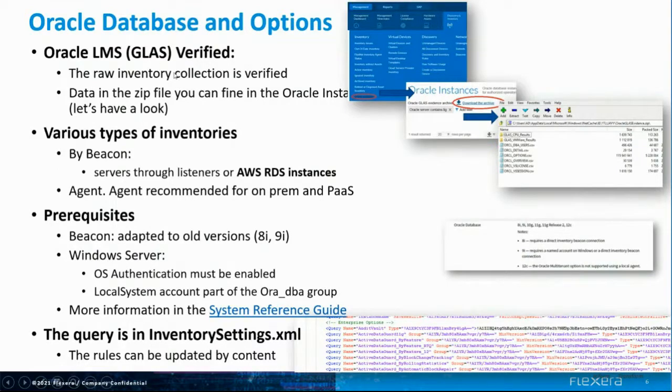And just to set expectations and understanding here, being LMS or Glass verified means that the raw inventory collection is verified by Oracle. Basically, they have provided Flexera, but also other vendors, some quite exhaustive queries, which allow to